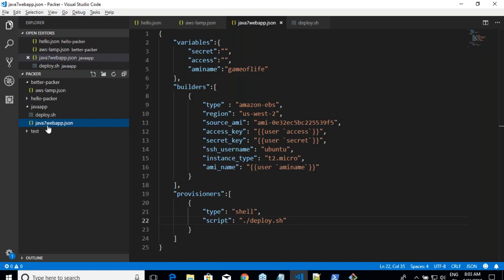Tomorrow we'll be looking at Azure, which will be no different to this. The only difference is in Azure, how do I write a builder and how do I pass credentials to Azure, right? Just to make AWS work, we have installed AWS CLI. Tomorrow we'll be installing Azure CLI.